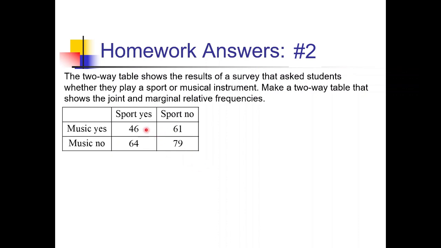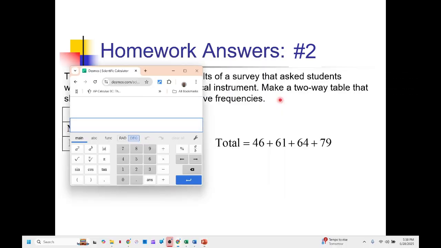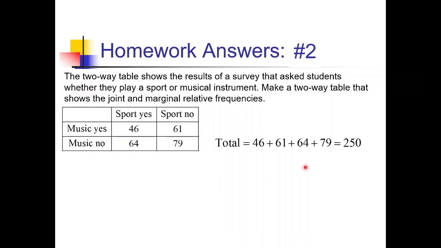So let's add all these together: 46, 61, 64, and 79. Let me go to Desmos for that because I don't want to mess this up. So we got 46, 61, 64, and 79 getting added together. That's a total of 250. Now we're going to go through and divide each of these by 250, and then we'll also figure out